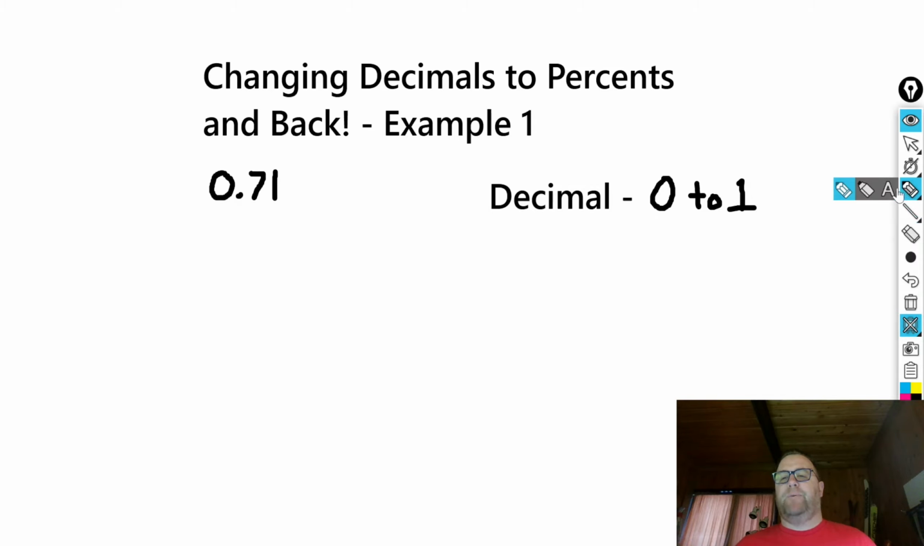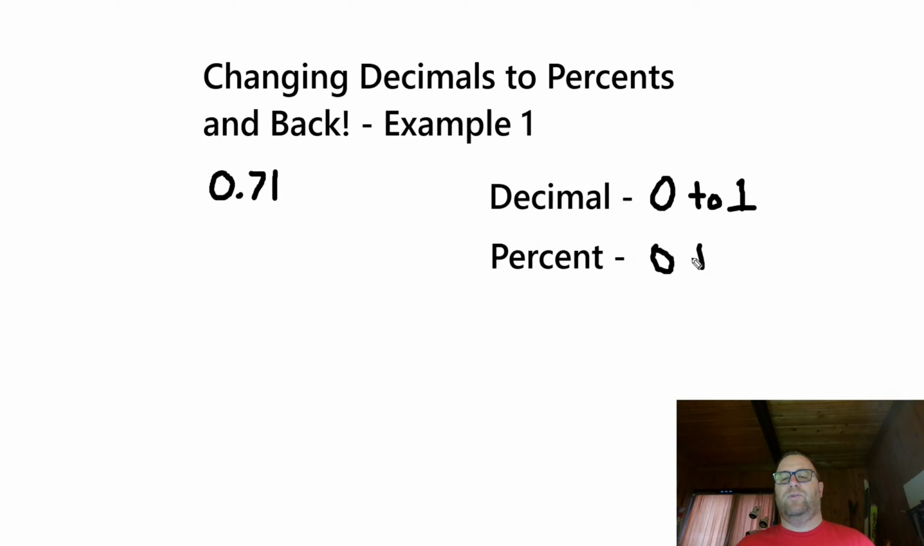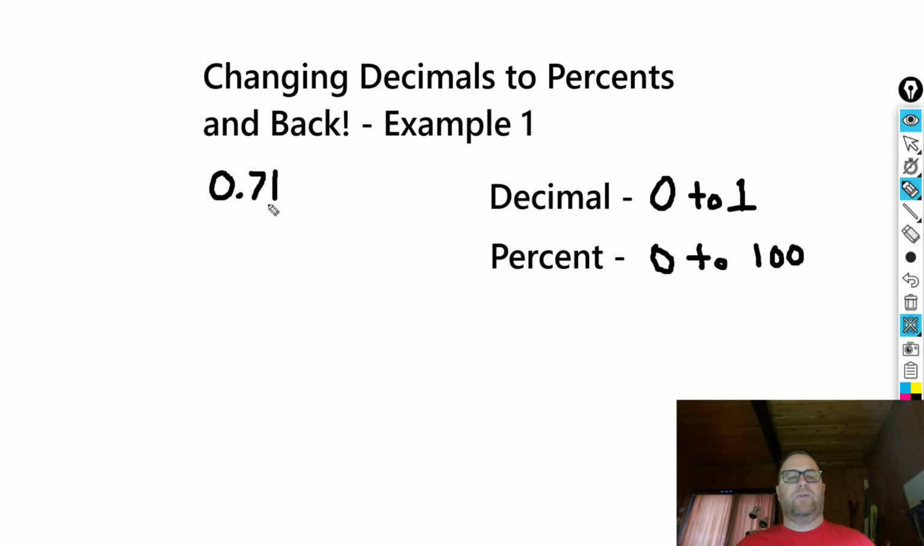A percent here is between 0 and 100. So essentially what we have to do here is multiply this decimal by 100 to get that as a percent. So I'll do 100 times